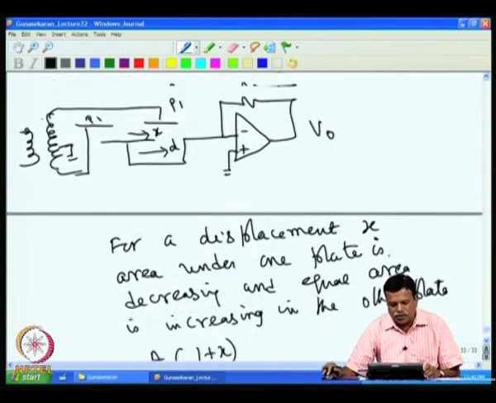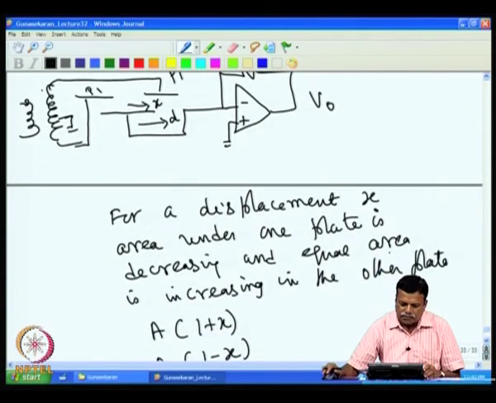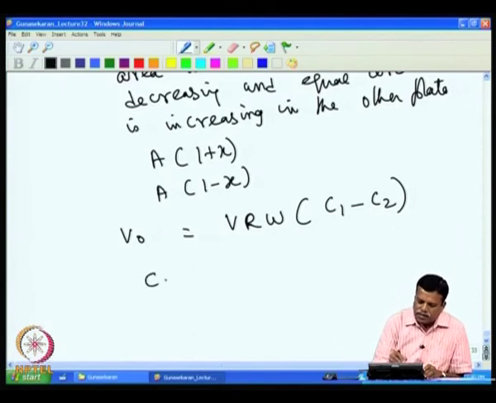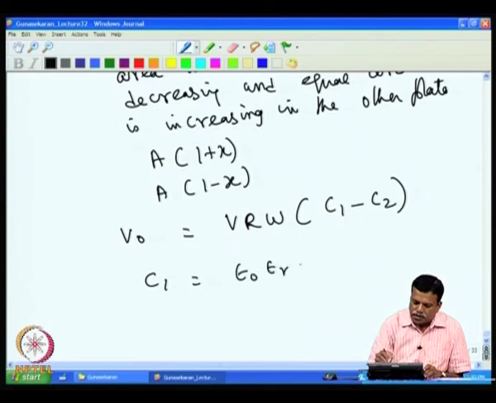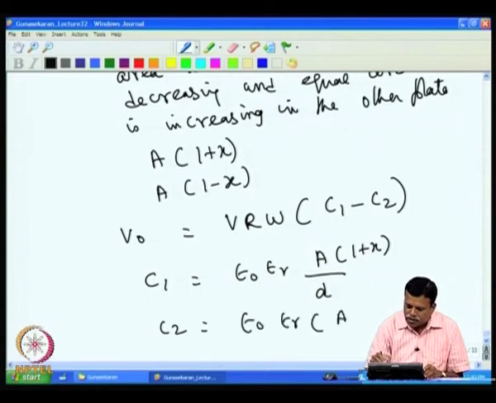It is similar to the last equation, but C1 minus C2 is where the difference comes. Now, C1 will come as epsilon naught epsilon r A divided by D, and C2, where the area is 1 plus x, I can write as epsilon naught A into 1 minus x